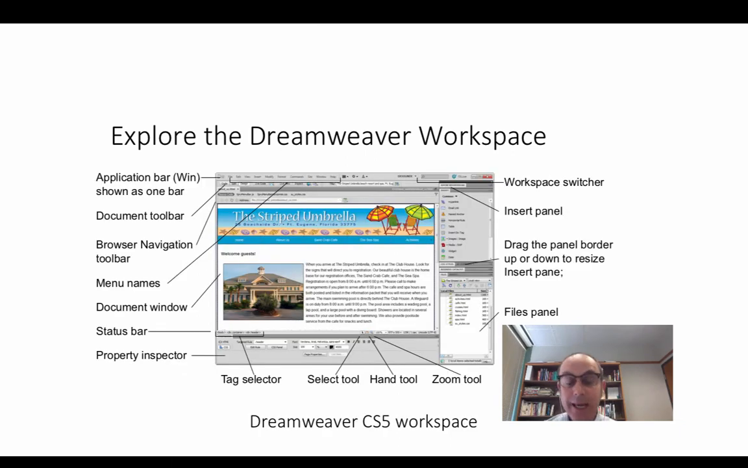So the idea here is that when you design, you will see immediately the interface that you are designing. In an example, the image inside is the end result, and you will see all the components: navigation bar, navigation toolbar, the menu names, the document window, the status bar, property inspector, the tag selector, the hand tool and the zoom, and the file panels are all inside, and you need to work with that